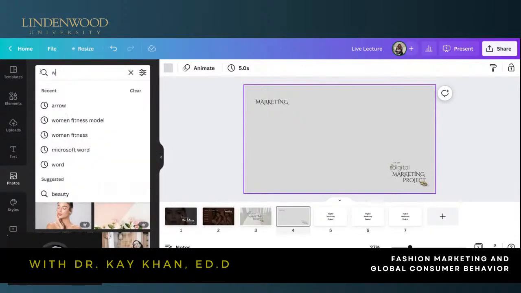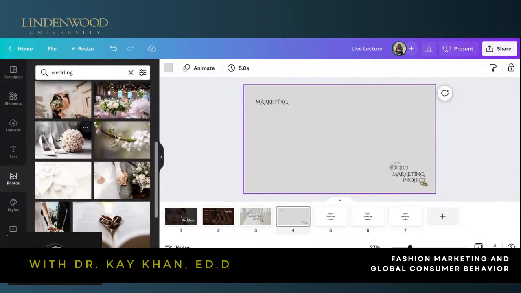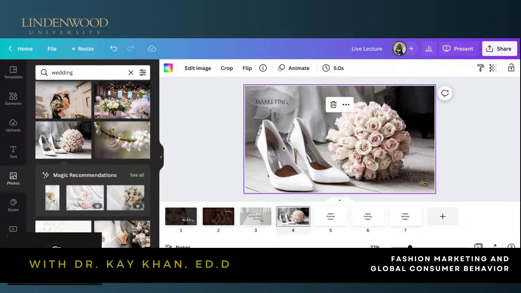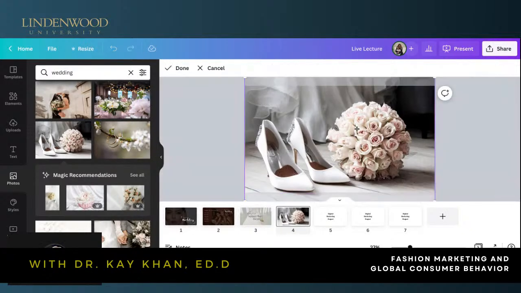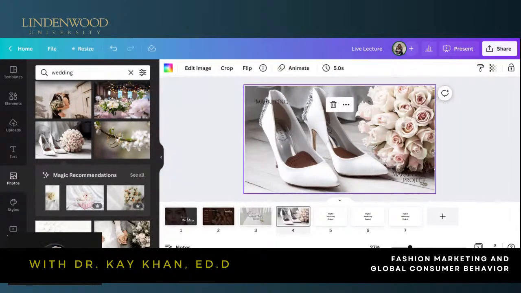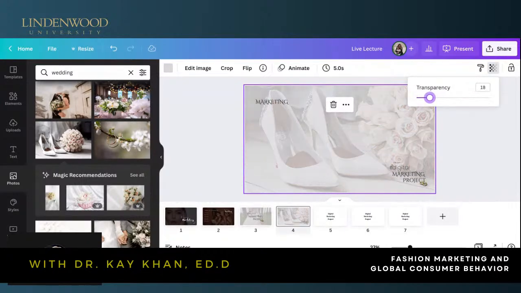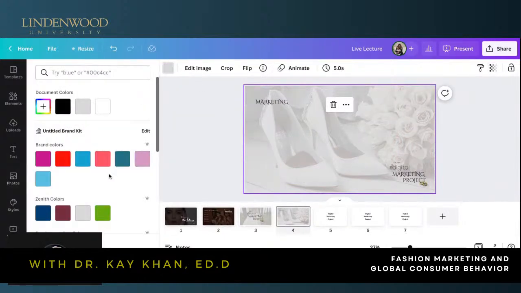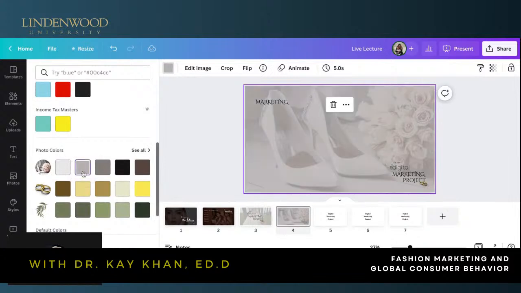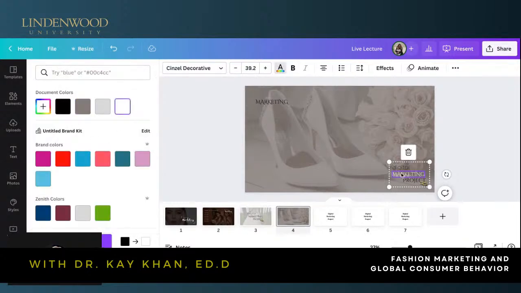Let's see, wedding. And oh, this is cute. I love this. Yes, this is amazing. Okay, so I'm going to go ahead and make this bigger so that this can scooch a bit. And then I'm just going to go like this, and I'm going to take my transparency down so that I can see what's going on back on my document. And I'm going to actually take this color, make it a little darker, and then change this to white so that it shows up a bit. Yep, that's better.